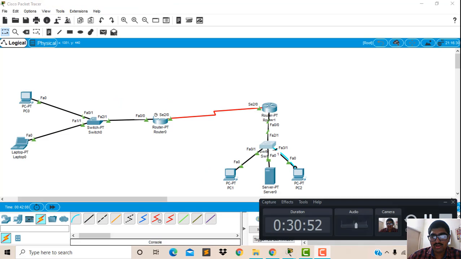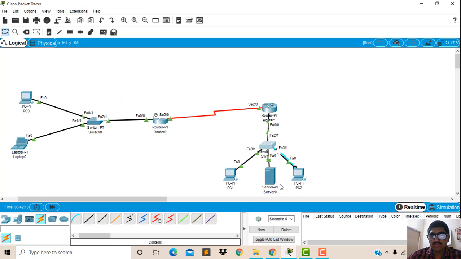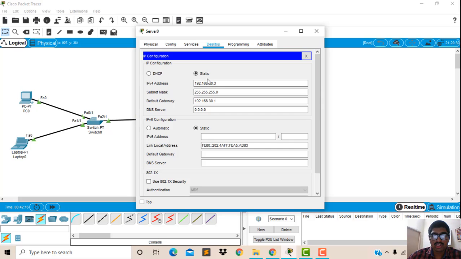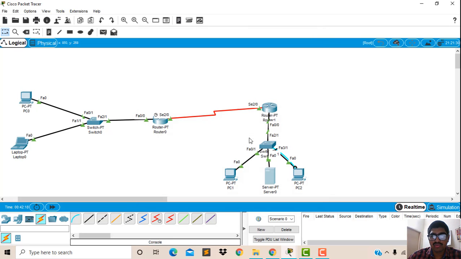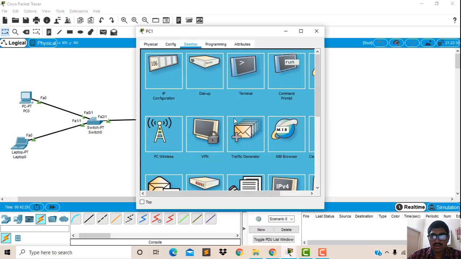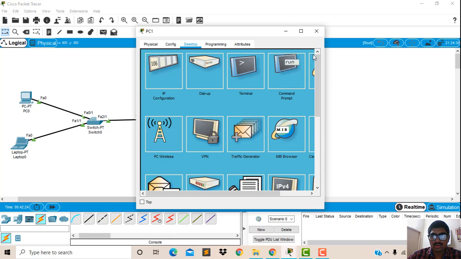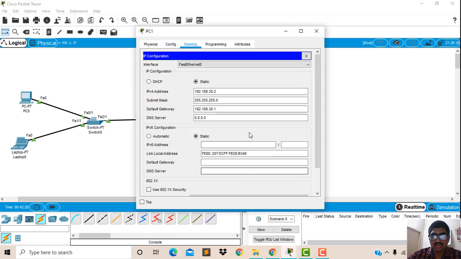Now we will see how the web server will accept and give the information. Now here the IP address 30.3. Now we will go to PC1 and go to the IP configuration.